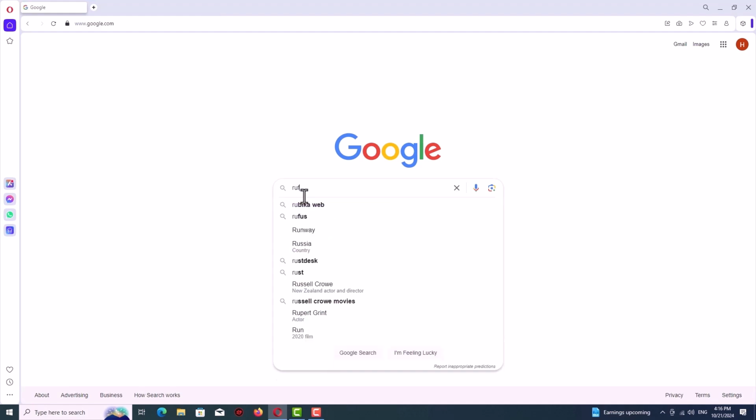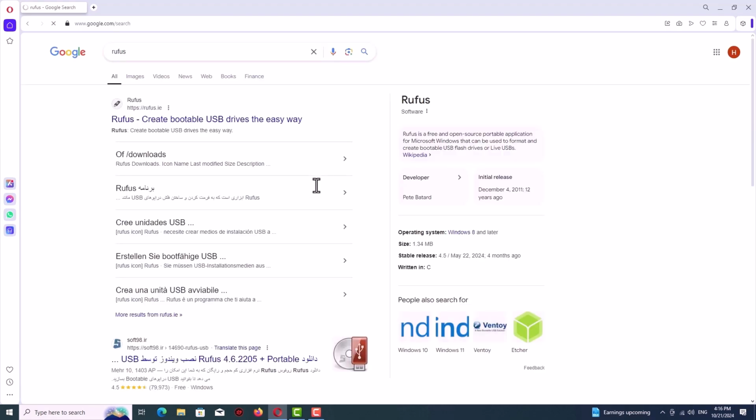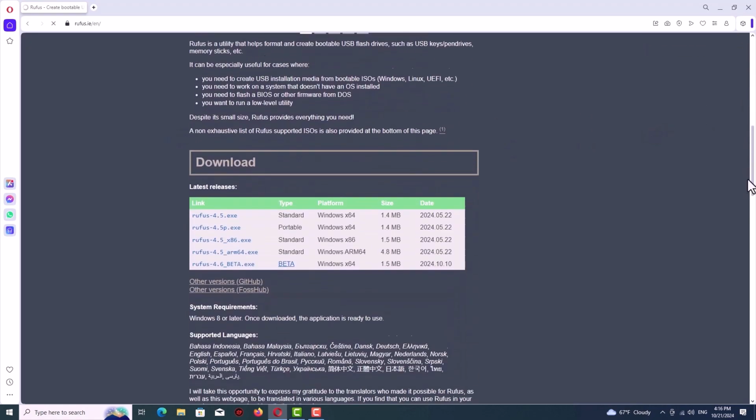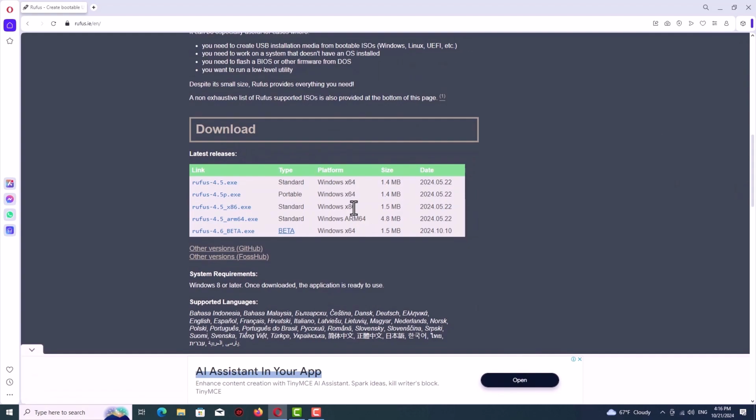Just type like me guys, Rufus. As you can see, press enter, and on the first result you can see the official link of Rufus. Rufus.ie is the website link. Let's scroll down and here on the download tab you can see some versions of Rufus, depending on your system structure,